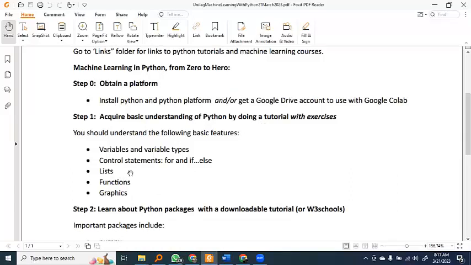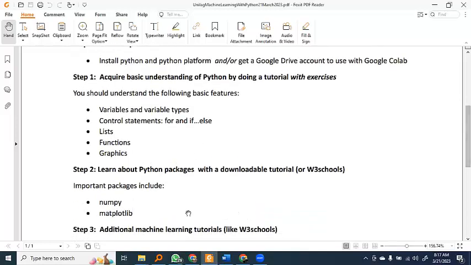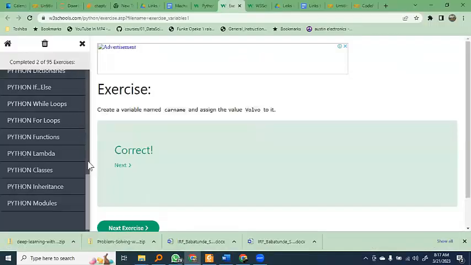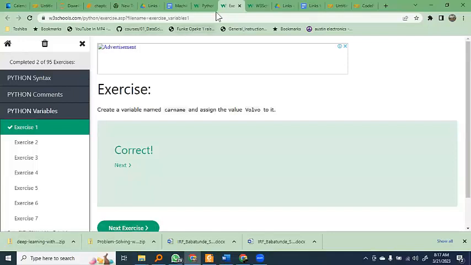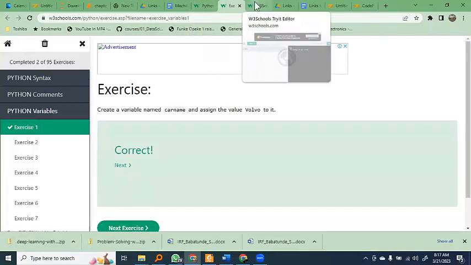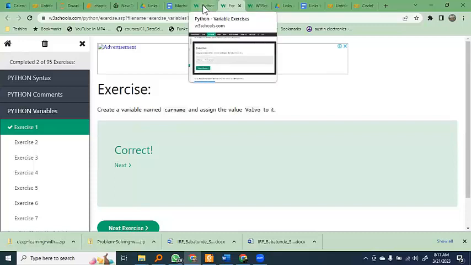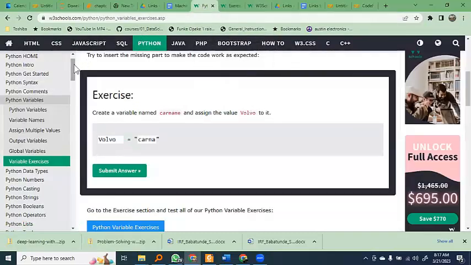Now, the next step is going beyond these basic features and learning about Python packages. Two important packages are NumPy and matplotlib. NumPy is for numerical mathematics. Matplotlib is for plotting. Fortunately, W3 Schools has tutorials for these as well. Let me see if I can get there. Looks like here I'll go back to my W3 Schools main page. And here, if I scroll down,